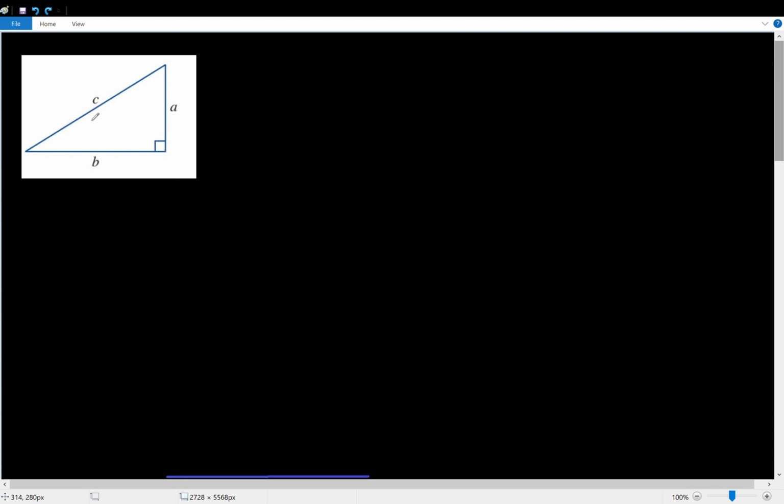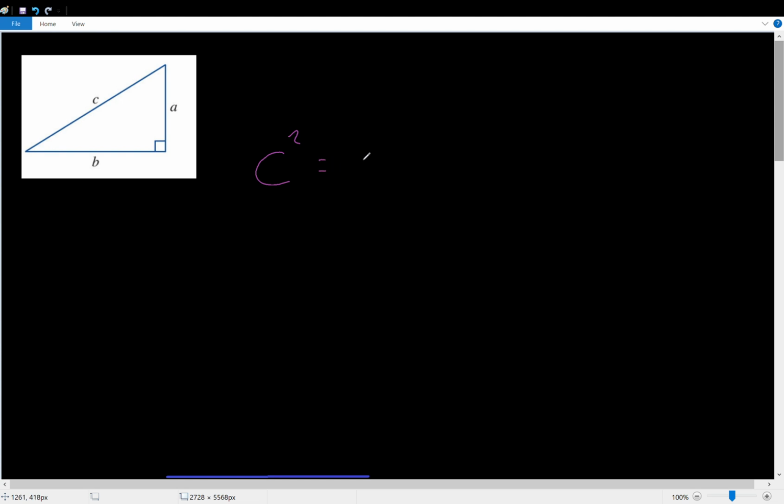Within this triangle, the one side that definitely has a name every time is going to be the hypotenuse, which is marked C in our diagram. It is the side that is directly across from the right angle. So Pythagoras' theorem states that the square of the hypotenuse is equal to the sum of the square of the other two sides. Now that sounds a bit complicated, but basically from this triangle here what it means is c